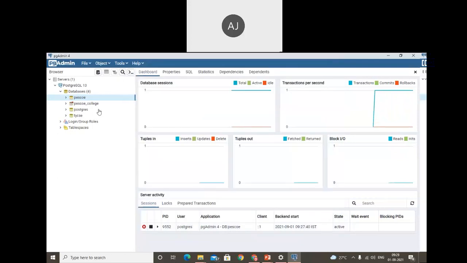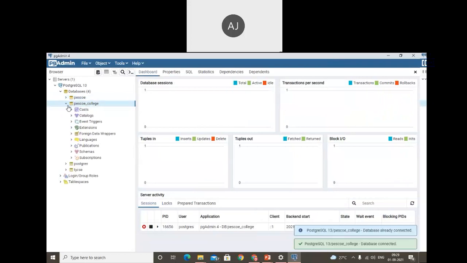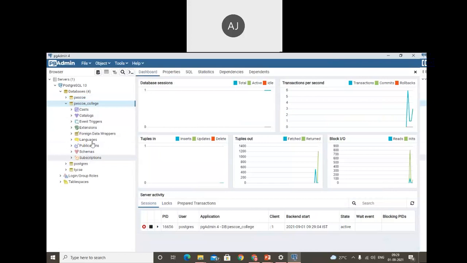The database is created, but in that database we don't have any data. These are the default options over here: subscriptions, schemas, publications, foreign data wrappers, extensions, event triggers, catalogs, and so on. We have a bunch of options available, but right now we don't have data.